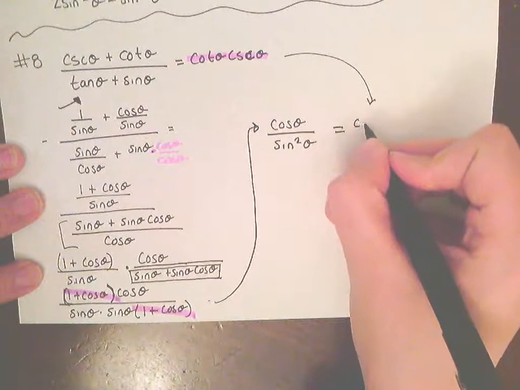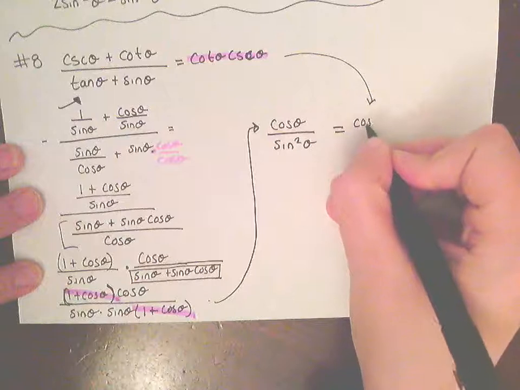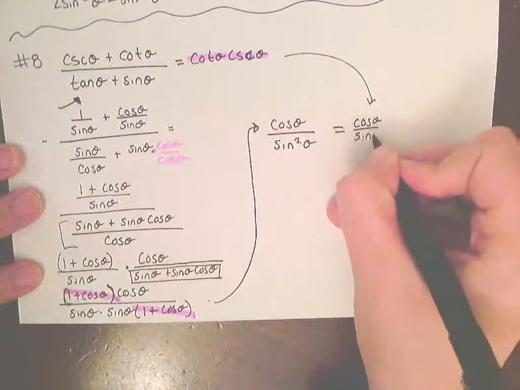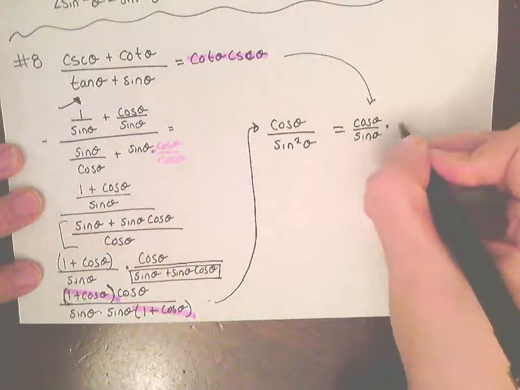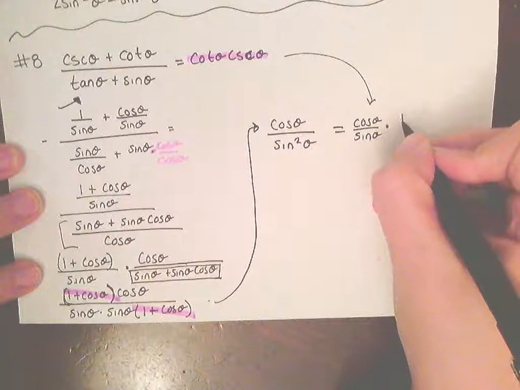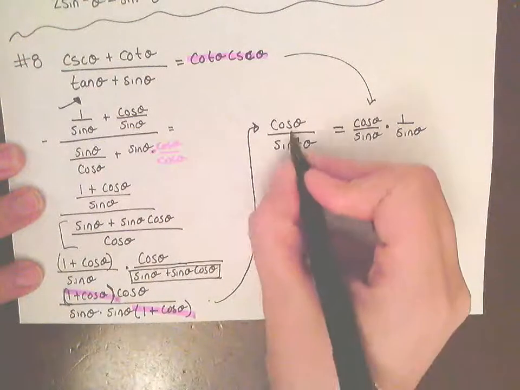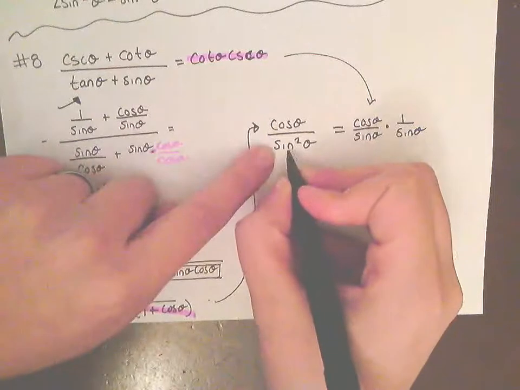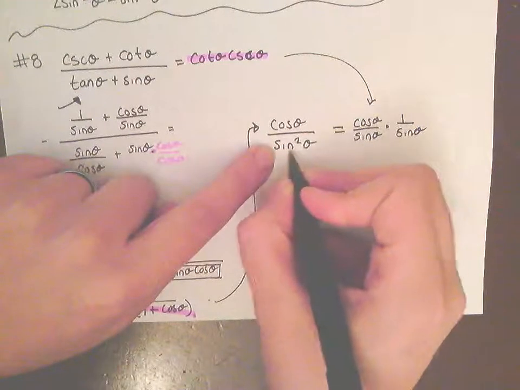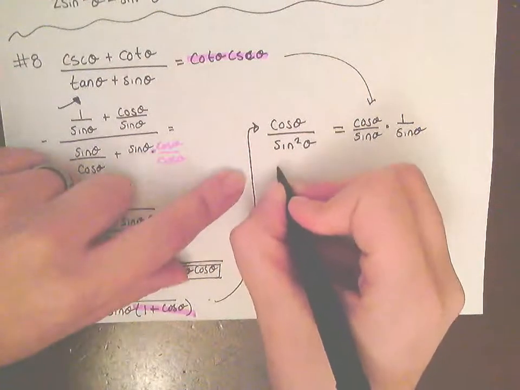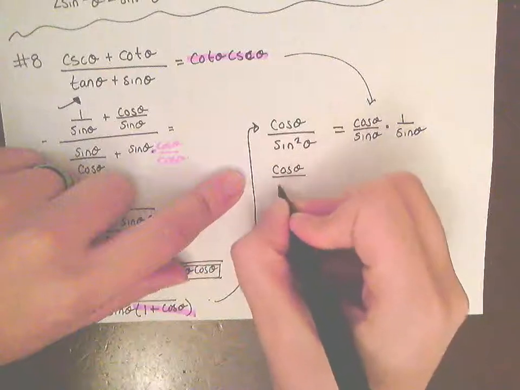Cotangent is cosine of theta over sine of theta, and then cosecant is 1 over sine of theta. And guess what this side is? If I break up those sine squared of theta, I can break them up into cosine of theta over sine of theta